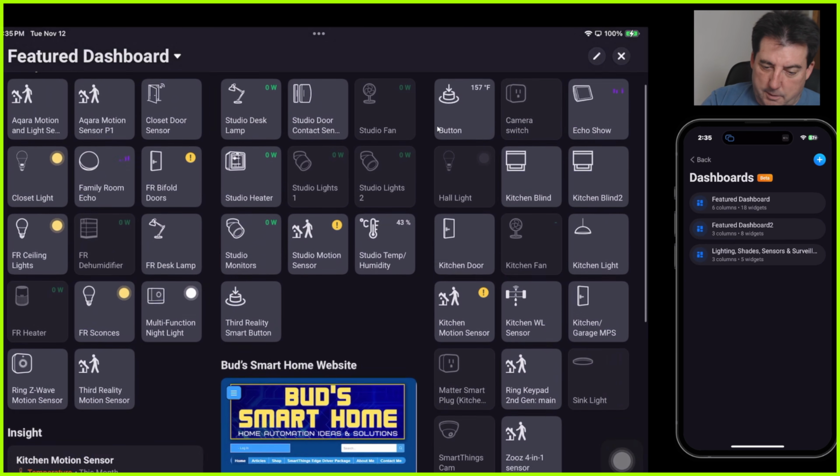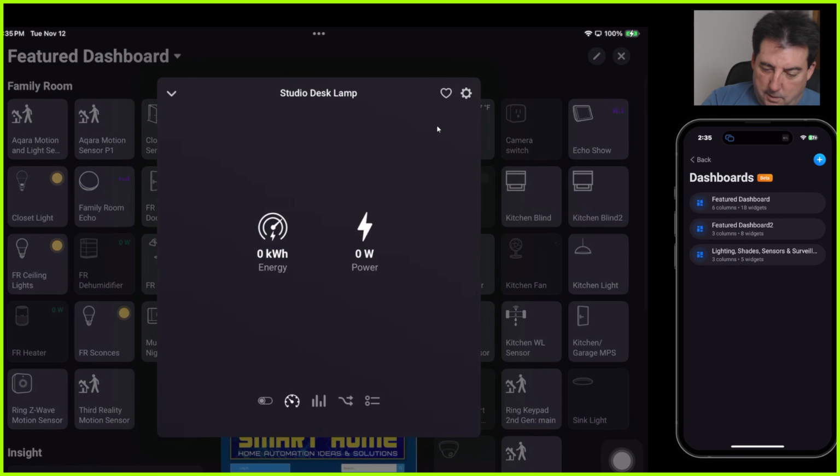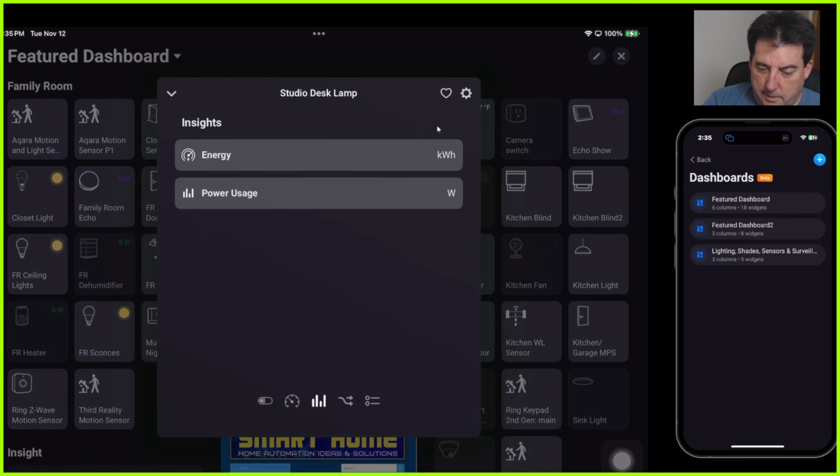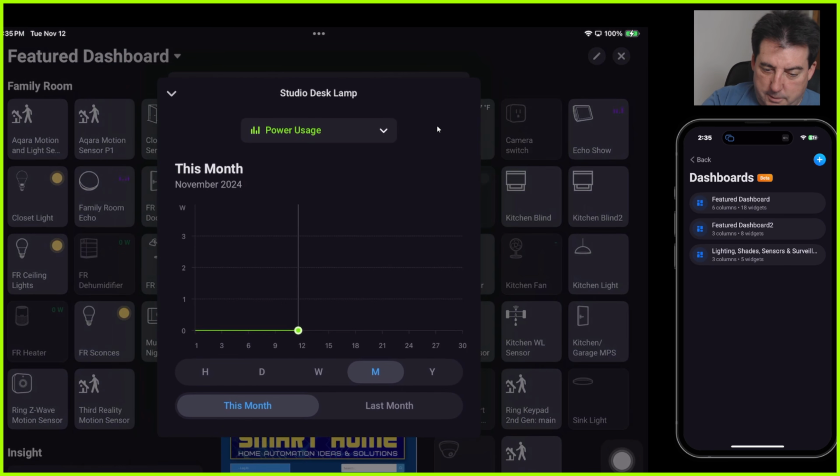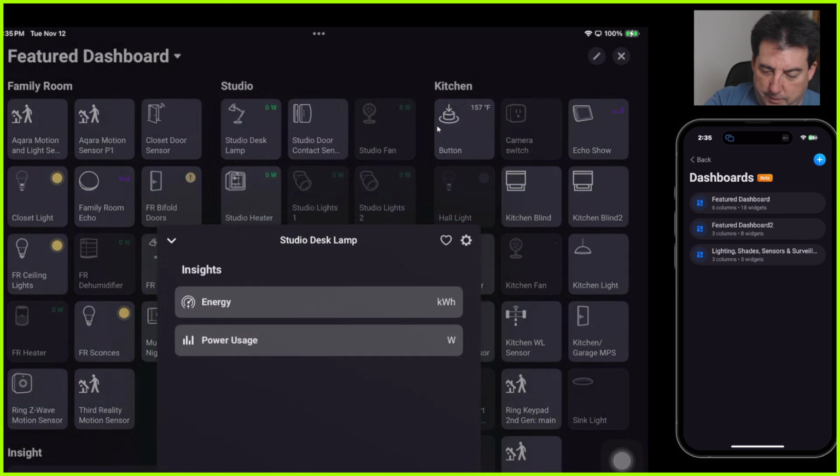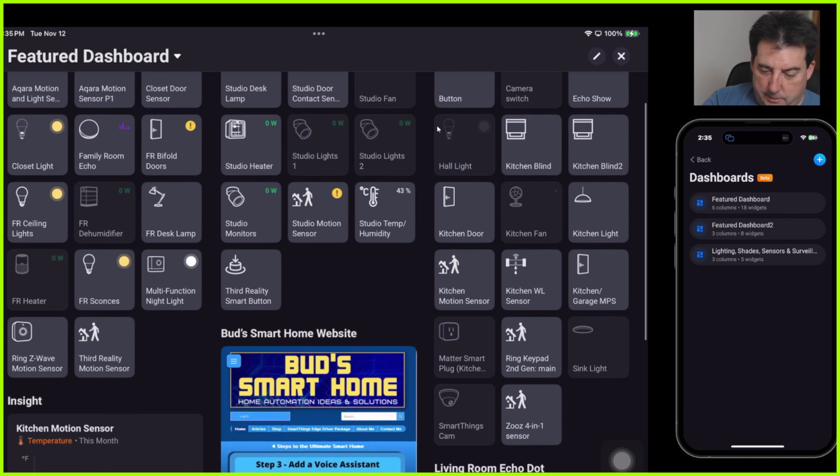So you can actually access all the information related to this. You can see power usage and energy usage graphs right from this screen. So it's very versatile. Another thing about, let me show you,